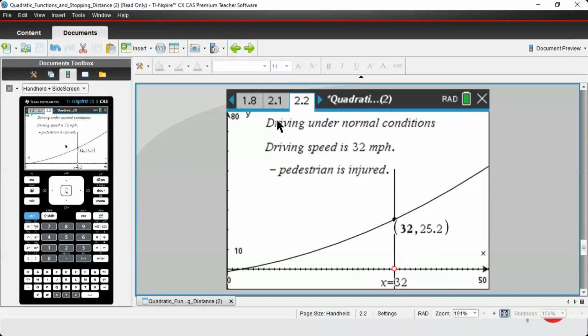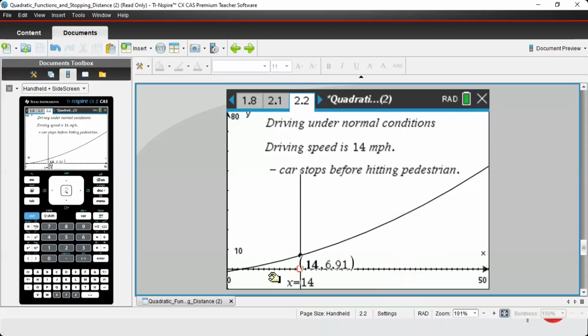Here we have it. Driving under normal conditions, the driving speed is 32 miles per hour. So what happens when I am driving 32 miles per hour in normal conditions? Well, the pedestrian is injured at this point in time. So now I can grab it, and I love this. What happens if I'm driving 8 miles per hour? Well, if you're driving 8 miles per hour, the car stops before you hit the pedestrian. And so I can talk about the different things that are happening, and I just really want you to notice